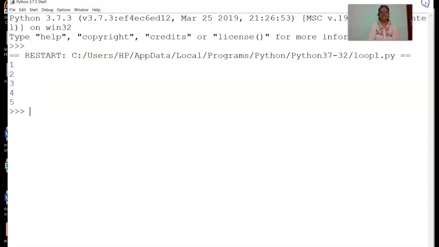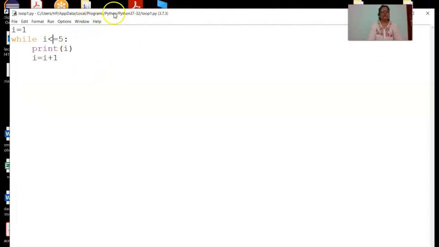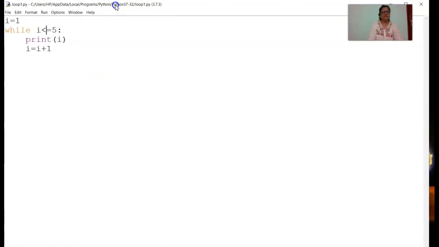Fine. What happened exactly? Initially it took the value of i as 1. Later it checked this particular condition: is 1 less than equal to 5? Yes, obviously.